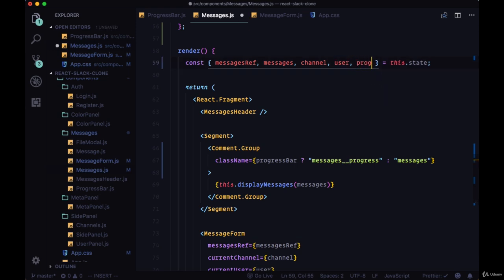So within the render of messages, we need to destructure the progress bar property so that our class name ternary will work. If we save all of our files